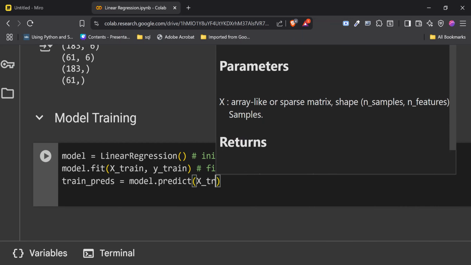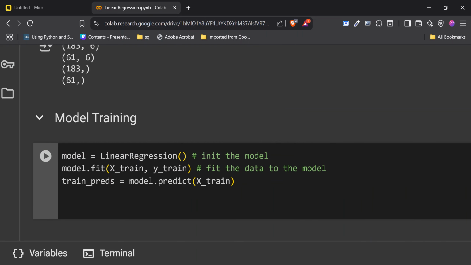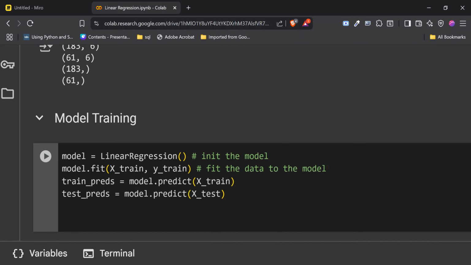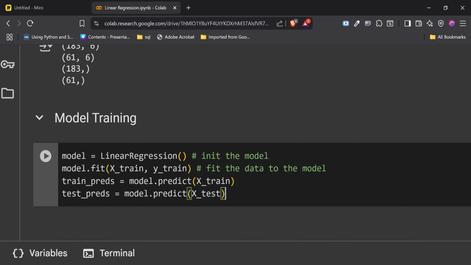X_train, and test_preds is going to be equals to model.predict X_test. Right, and that is everything. But let's just have a comment here. Say get train prediction. Here we get test predictions,